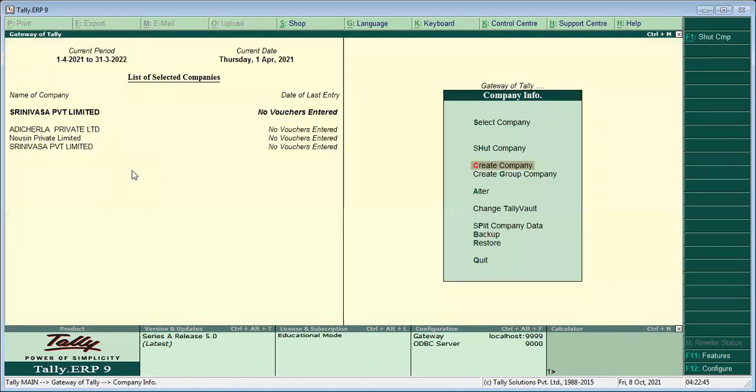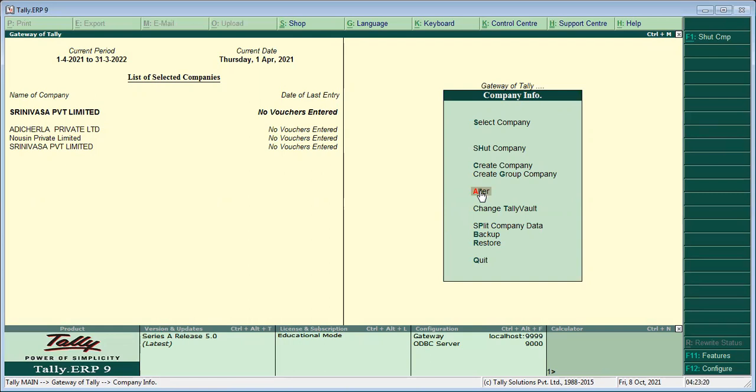So here I have created two companies, Srinivasa Private Limited Company and Adicharla Private Limited Company. Next step, for example, if you want to alter any company information, alter is used to modify and edit the company details, and alter is also used to delete the company from the list of selected companies.